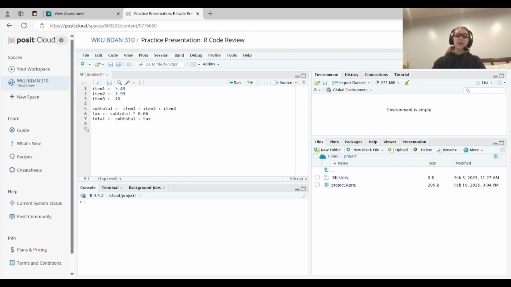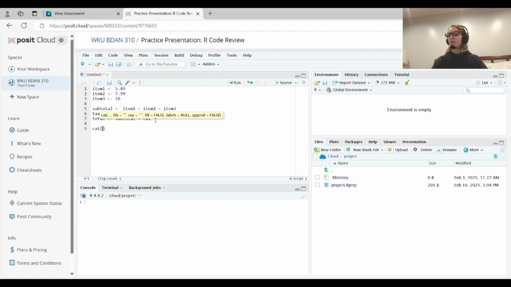And we're also creating values down here, but there's text over here, so we got to explain that. For subtotal, we are saying that we want the value of that variable to be the sum of items 1, 2, and 3 with the values that they've been assigned up here. Same for tax, we're taking the value from subtotal, which relies on these three variables, and we're multiplying it by 0.06, which is a hard-coded number, but that is what it is. For total, you're adding subtotal and tax, and then we're going to use the cat